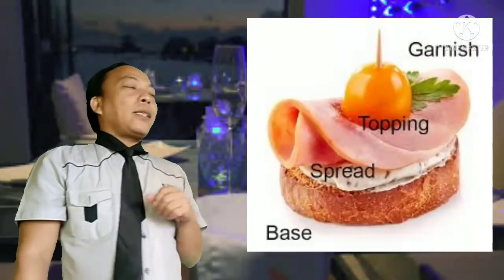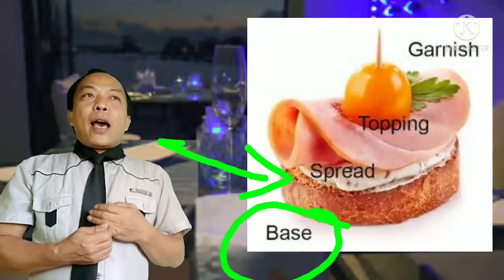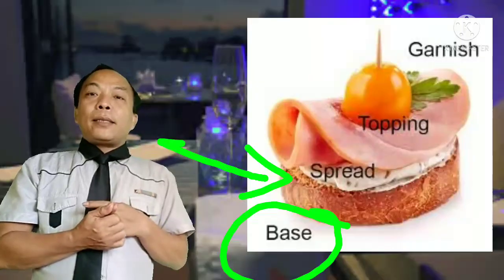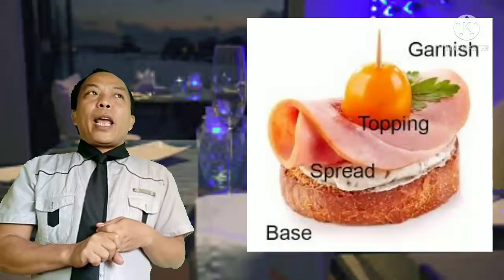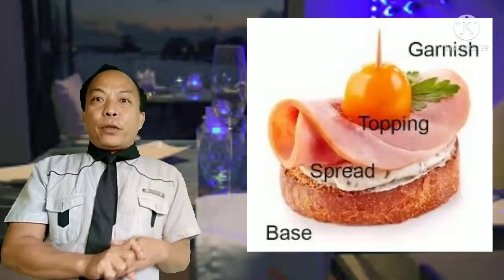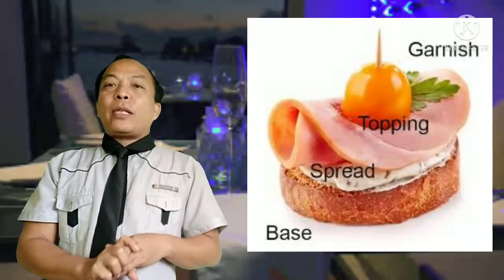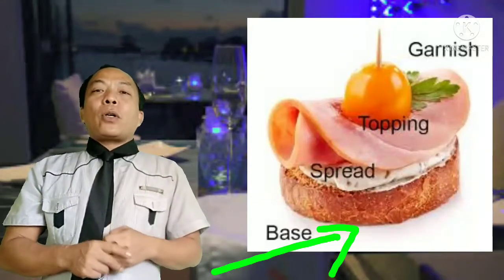The first one is the base. For the base, we can use biscuits, bread, even sliced bread, croutons, or any forms of vegetable or fruit. That can be used as the base. After the base, we have the so-called spread